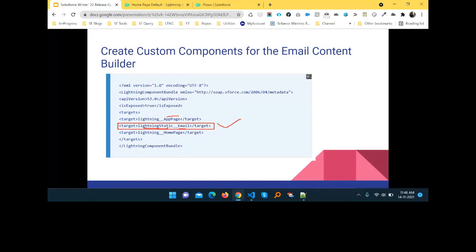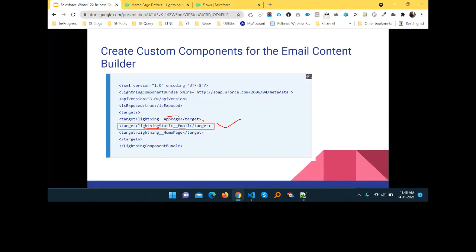Add this lightning__Email target, and you can expose your email content builder in your Lightning App Builder, record page, home page, something like that. Also you can use this under the email section, like email template. If you have some email builder, you can see all these things.